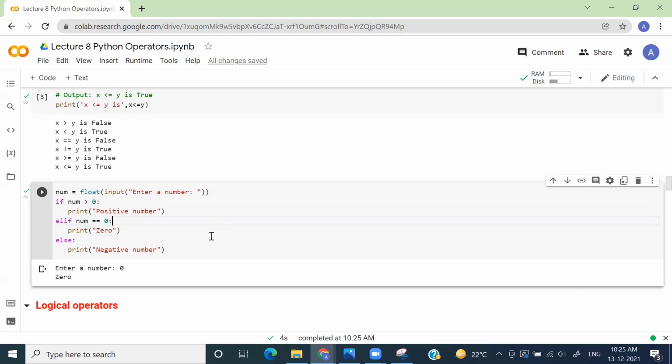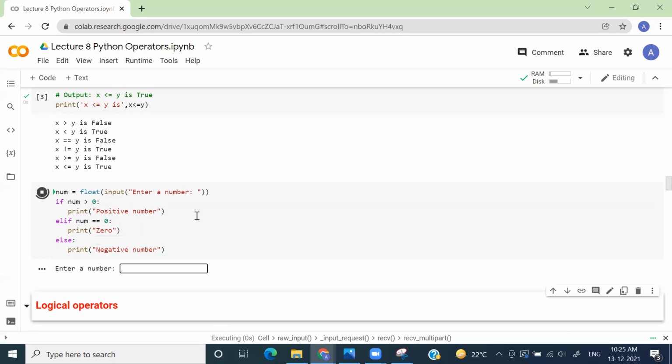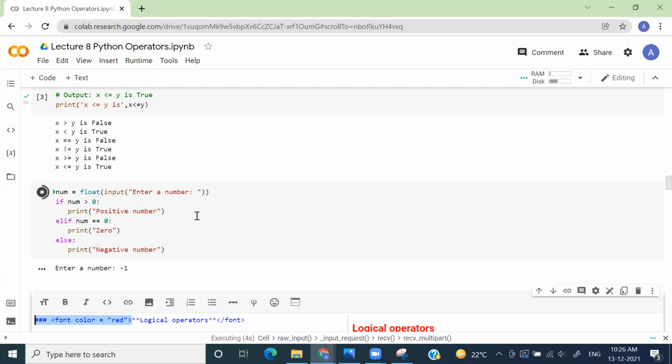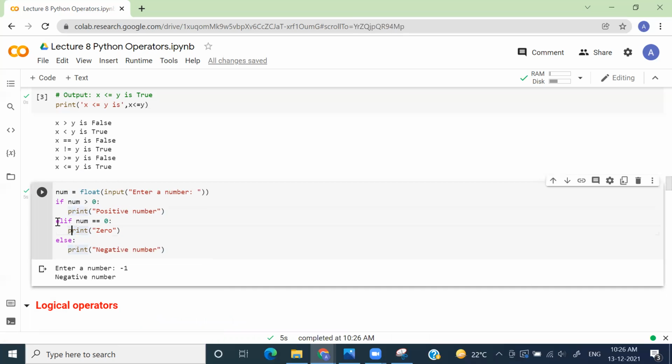Now let's take the third case. If I'm giving you a -1, right? So it is saying negative number. Now how is the control flowing? First of all, it checks if -1 is greater than 0. No, -1 is not greater than 0. It will not execute this if block. It will go to this elif block. It will check if -1 is equal to 0.